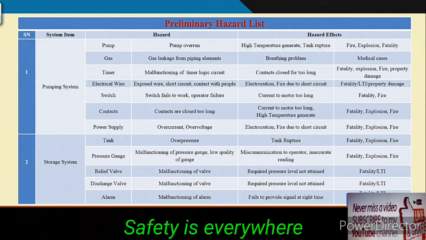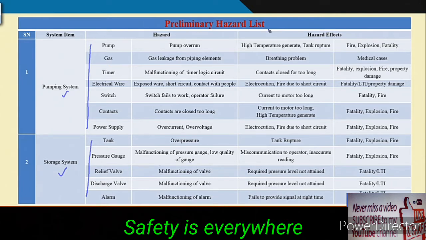Okay. Now, for the same thing we have developed the preliminary hazard list, the pumping system having this many components, storage system having this many components. For every component, the hazard effects and means basically the hazard initiation mechanism, target and threat, and these are the hazard elements. So, these things we have written and we have found out several